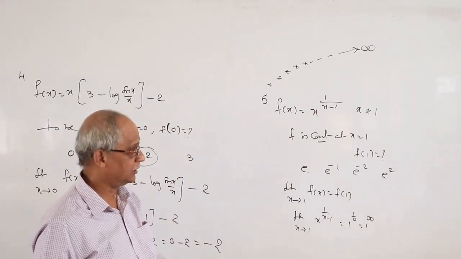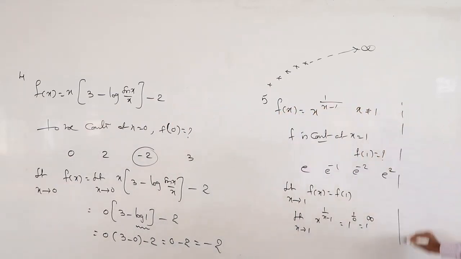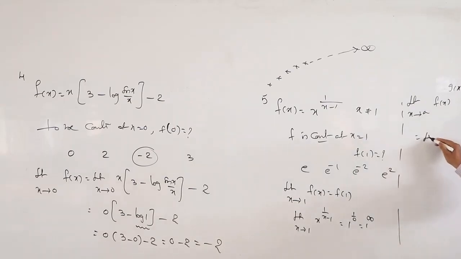I gave one result in the end, in the synopsis. Limit x tends to a, f of x power g of x, is of the form 1 power infinity. Then what is possible? e power limit x tends to a of g of x into f of x minus 1. Immediately next step, answer. I told that there also. That is the power of this result.